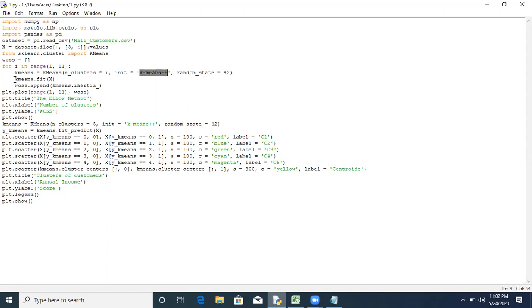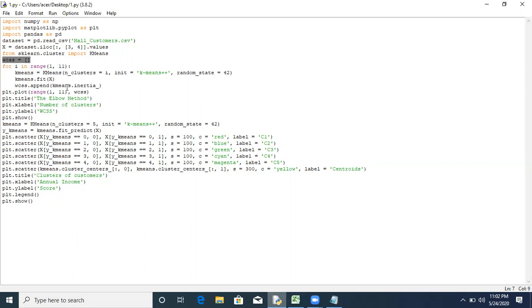Then, as you know, the dot fit command is used for training. So .fit with capital X in brackets, which is your input. We are training our input using the fit command with this object kmeans, and whatever value we get, we are appending to WCSS. So WCSS will change according to the value of k.